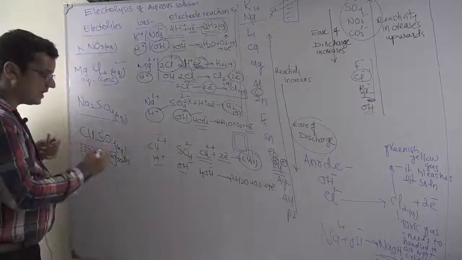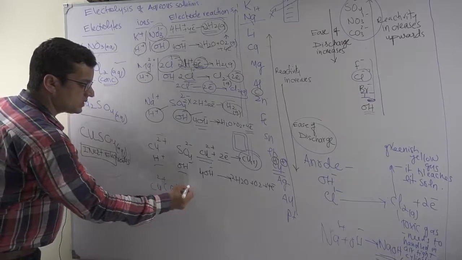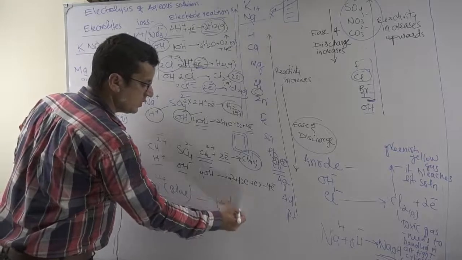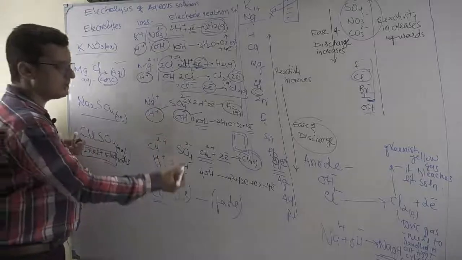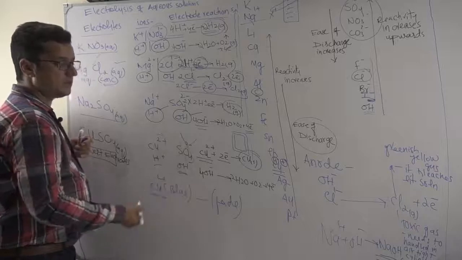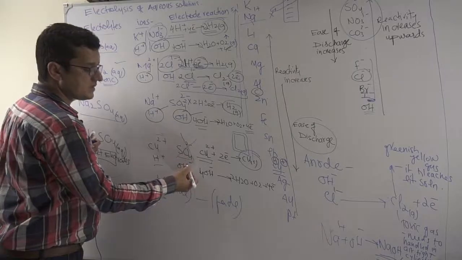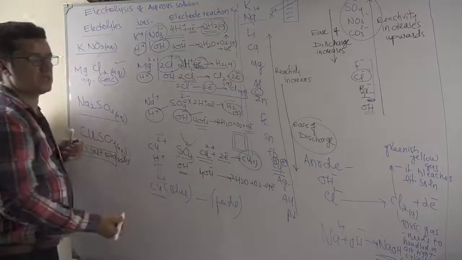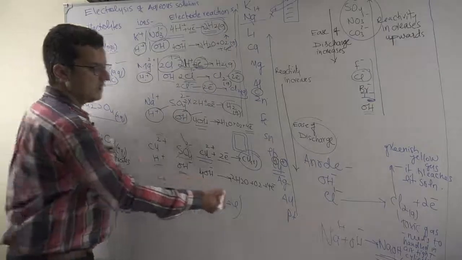And since copper ions are going off from the solution, you know this famous thing, copper ions are blue color, and the solution is losing these copper ions, so the blue color should fade. So that can be one common observation. At the anode again, the norm is sulfate ions are competing with hydroxyl ion. Sulfate ions will not discharge at all, although they will move to the anode, because no discharge mechanism, their ease of discharge is minimum. Hydroxyl ion is below, so hydroxyl ion will discharge, the one which is lower in the reactivity series. So hydroxyl ion will discharge in the form of oxygen gas.